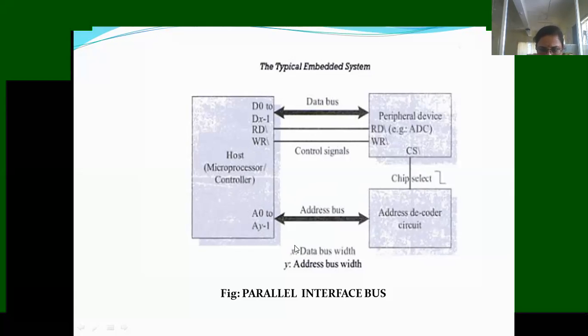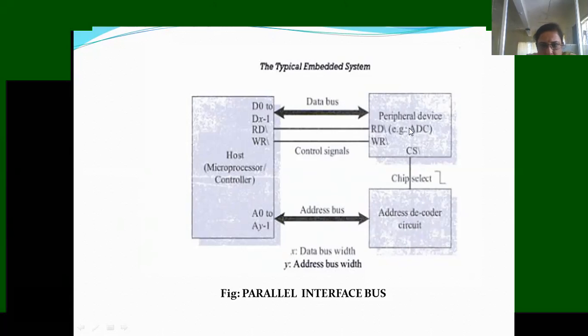Then coming to the diagram below, you see the address decoder circuit. What is this address decoder? The address bus is required in all the buses, because it has to identify whether the slave belongs to the same address or not, right? So whenever the master wants to communicate with the slave, first it will decode the address. Therefore, there is a separate address decoder circuit. You can see in other diagrams, it is not shown, but in all the buses there will be an address decoder, right? Here the address may be 16-bit or 32-bit. Again, it depends upon the processor.